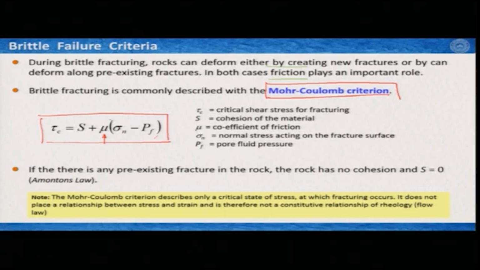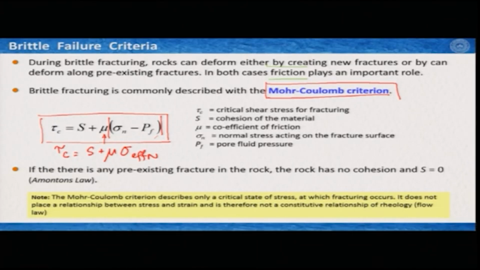So, eventually sigma n minus Pf gives you the effective normal stress. You can write it as tau c equal to S plus mu sigma effective normal, which is equal to sigma normal